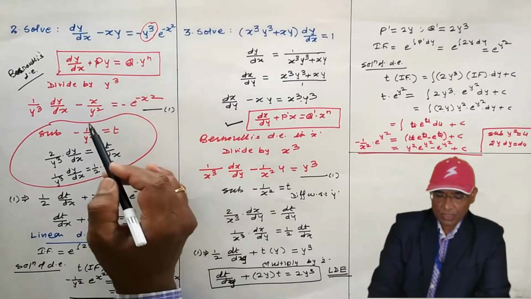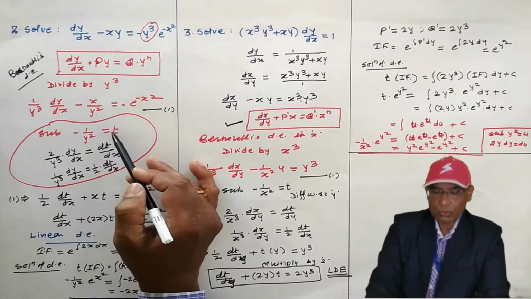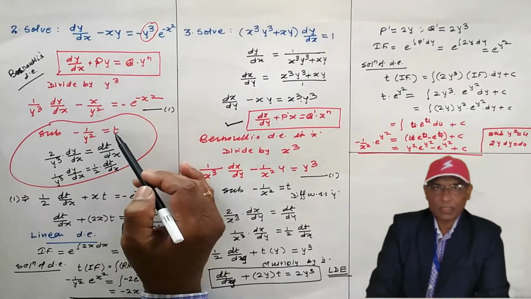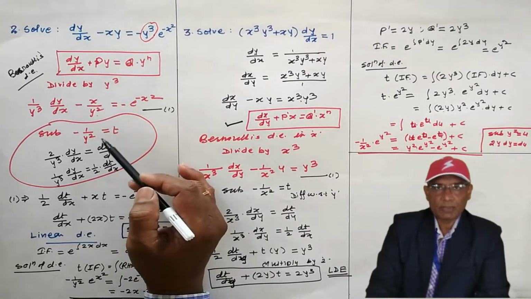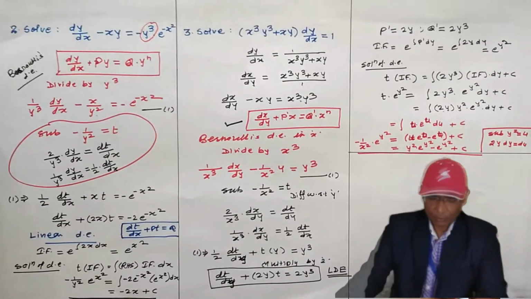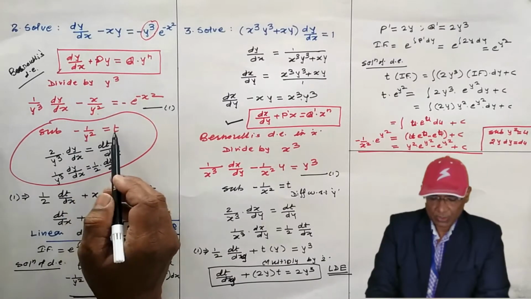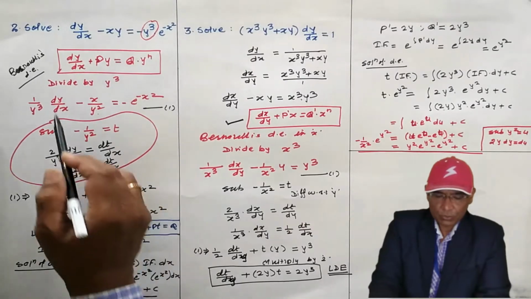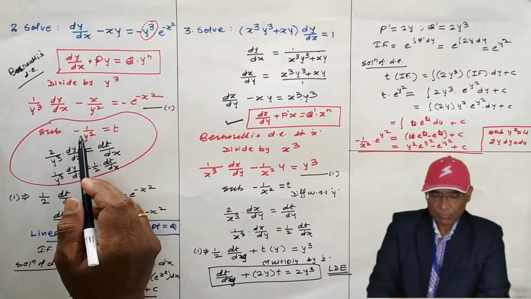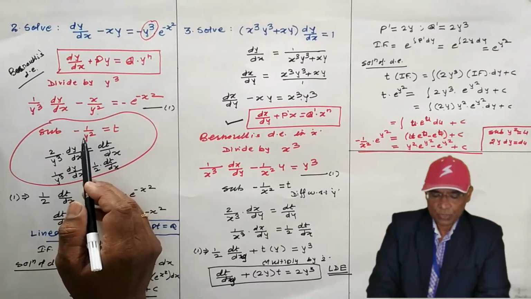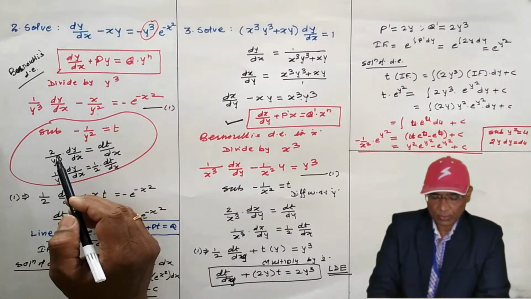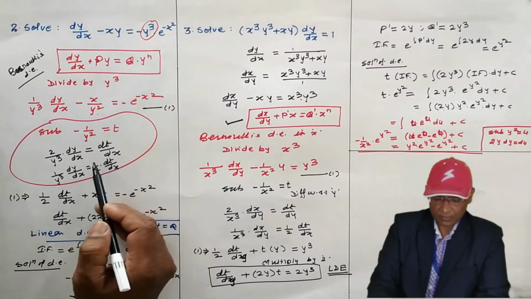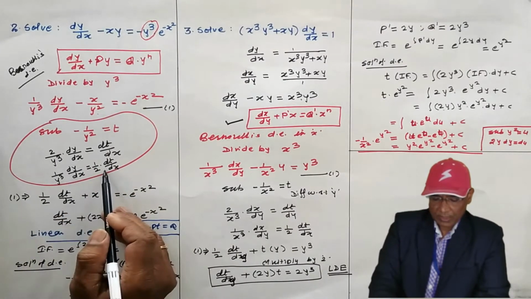Once you divide by y cube, then the middle y component is equal to t. You have to substitute. See, minus 1 by y square equal to t I am going to substitute. You can substitute 1 by y square equal to t also; this minus sign will get adjusted later on. Now minus 1 by y square equal to t, so take its derivative with respect to x. Derivative of y to the power minus 2 is minus 2 y to the power minus 3, which means 2 by y cube dy by dx equals dt by dx. I have written here directly. Now 2 I am shifting on the right hand side.